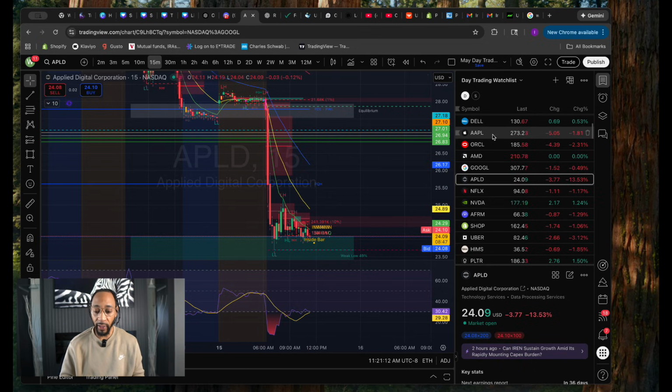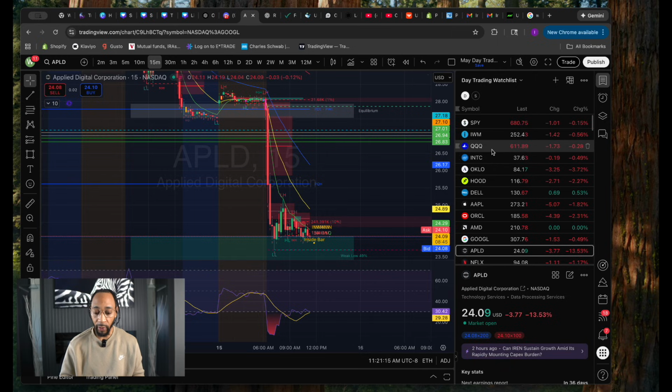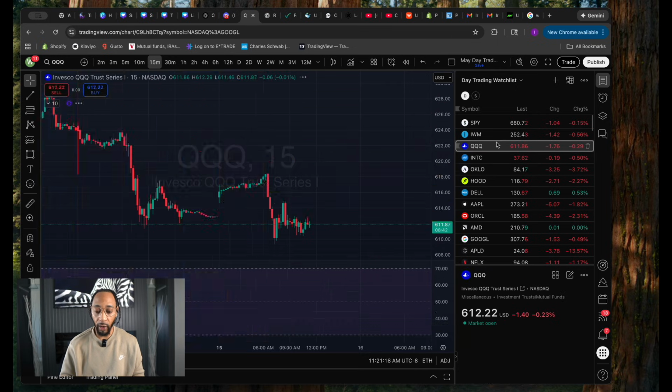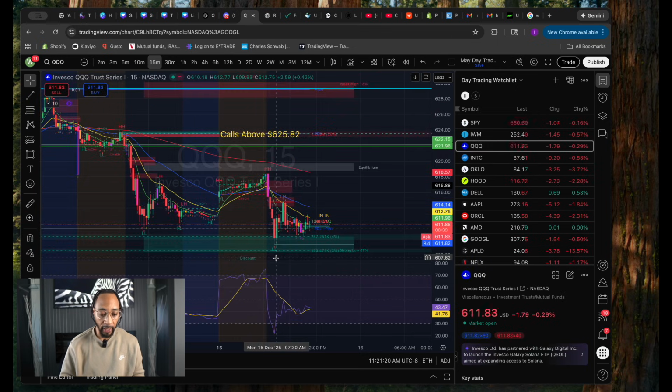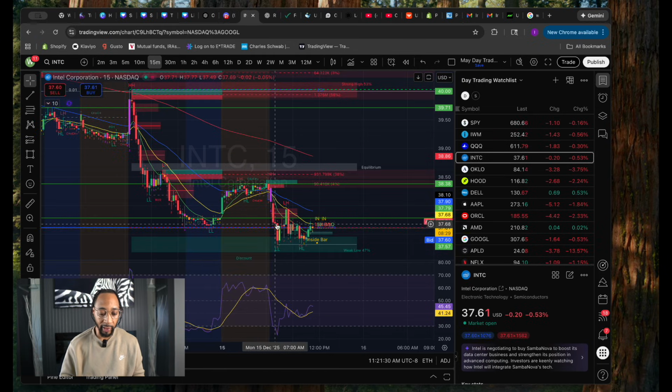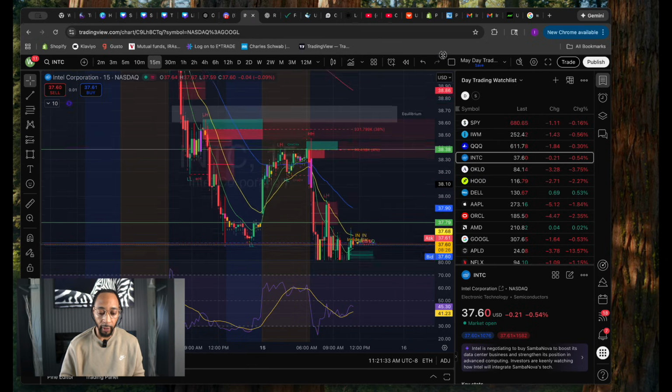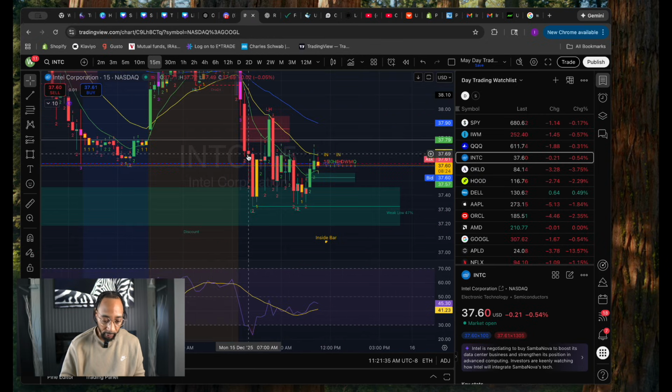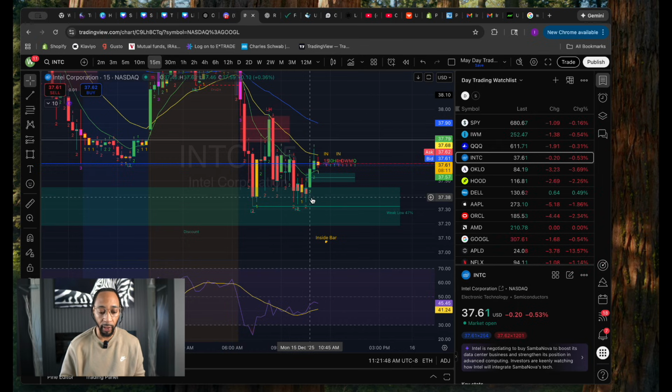So if we go to all of these stocks right here, they all did the same thing today, right? Moved to the downside, came up a little bit, came down some more, right? These candles right here came down, came down, came down. Look at Intel, right? Came down, came down, came down. This candle right here, I guarantee you, it tricked people out, right? This looks like it could be a rejection right here, but the high of this candle did not get taken out yet. So therefore, it wasn't a reversal, right? This pulled back a little bit, then it came down lower again, right?